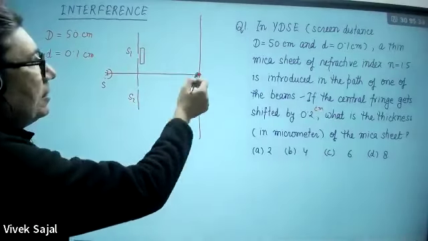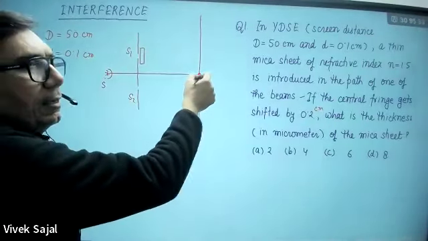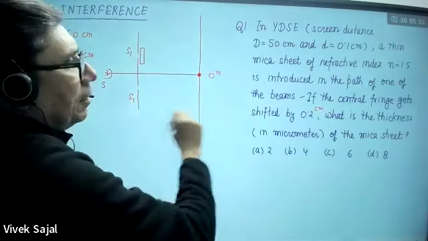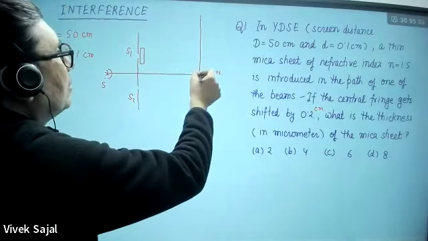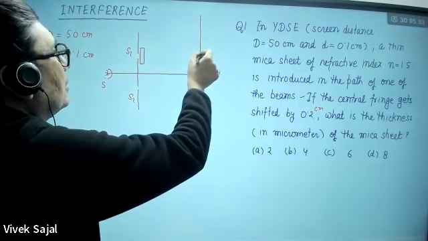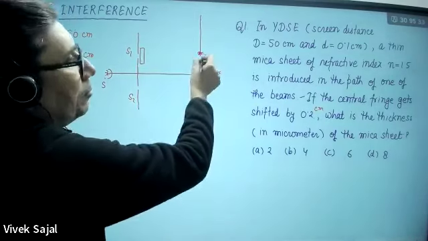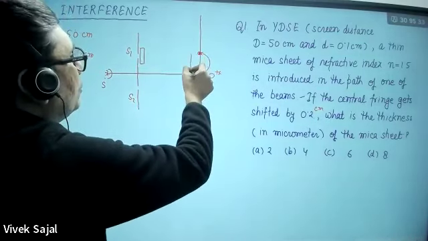When there is no mica sheet, this is the position of the central fringe, 0th fringe. But when you introduce it, this will shift here. And how much is this distance? This distance is 0.2